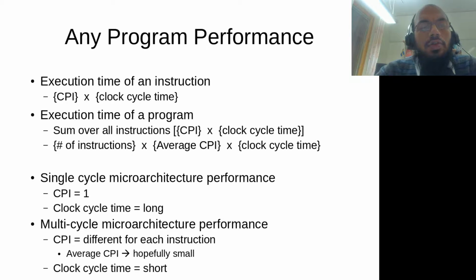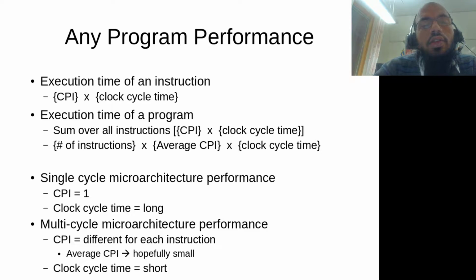And then the total execution time of a program would be basically the sum over all instructions of CPI multiplied by clock cycle time. Or in other words, the average CPI. So if on average you use 2 clocks for each instruction that you run, that means that some of them would just need 1 and some of them will need 3. You multiply that by your clock cycle time, and then you get how long your program is going to run. Okay,